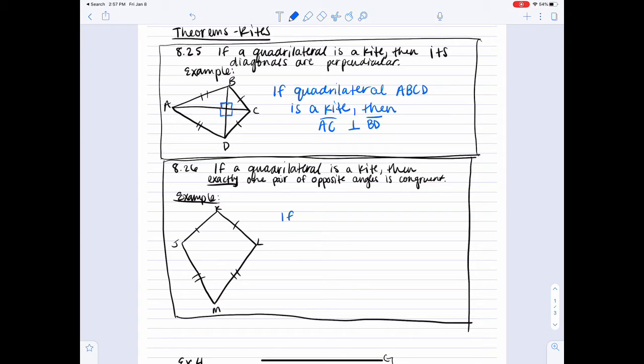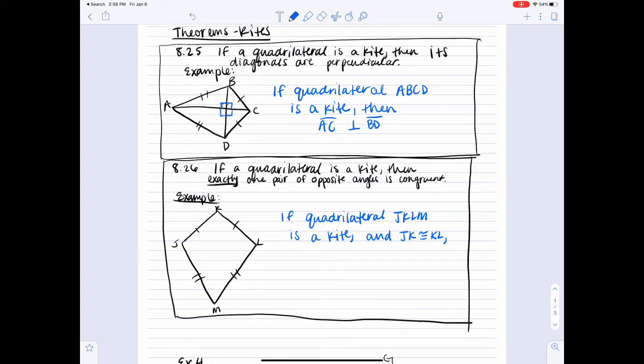If quadrilateral JKLM is a kite and JK is congruent to KL,